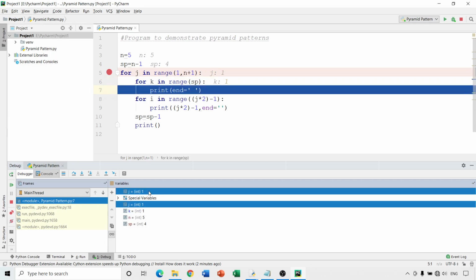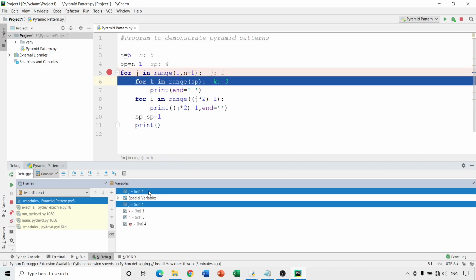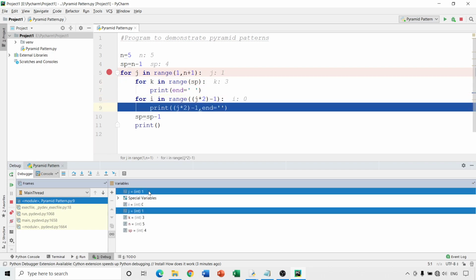K becomes 1, then 2, 3. It will go till 3, because SP is 4. Now if you observe, the value of I is also coming.